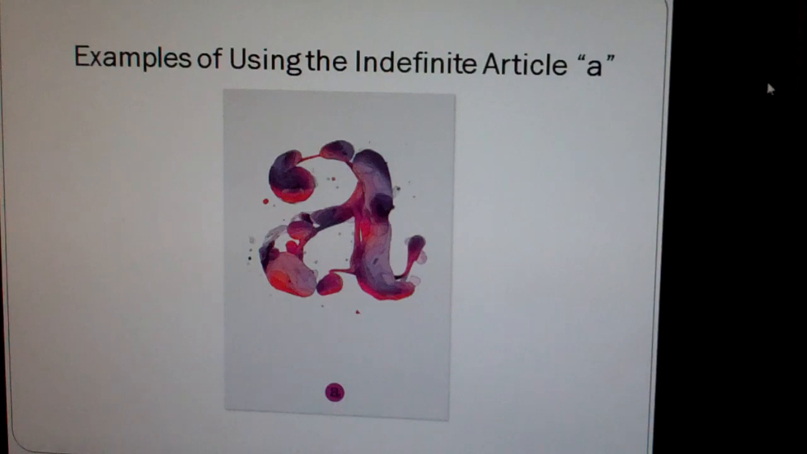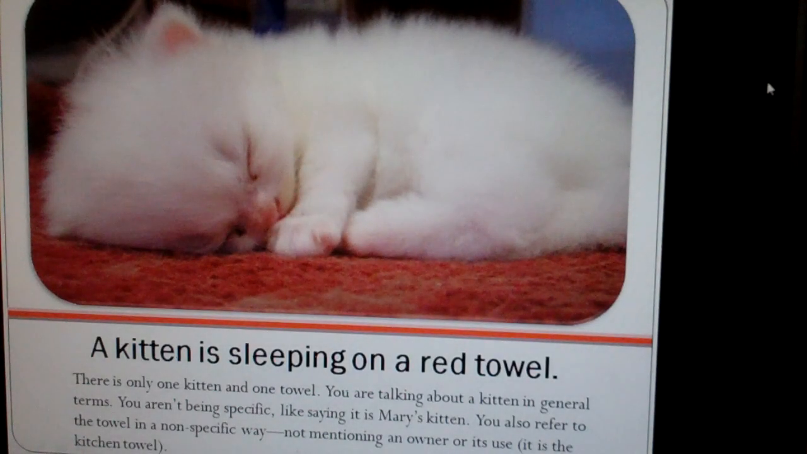Examples of using indefinite article a. A kitten is sleeping on a red towel. There is only